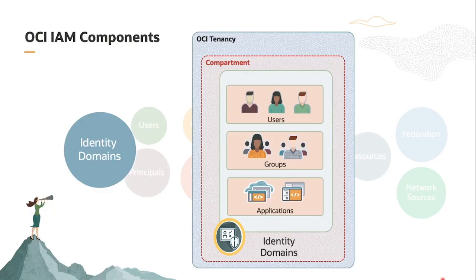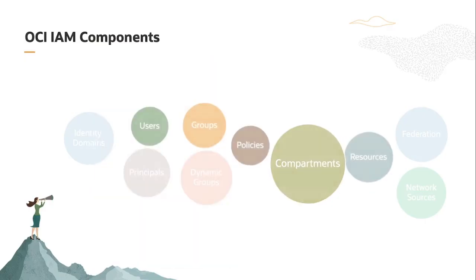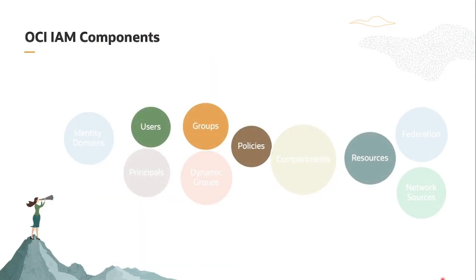So let's say you have a set of users for production team and set of users for development team. Now you can separate them using logical container known as identity domain. And then we have this concept of compartments. That is also basically a logical container to isolate and secure your resources in OCI tenancy. And then we will take users, groups and policies and see how they work in practice in a use case